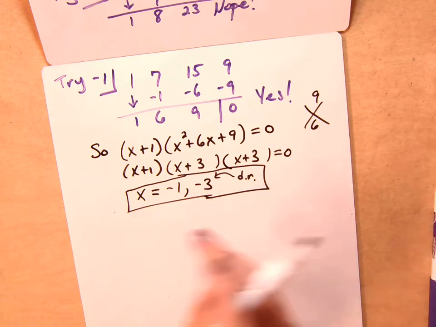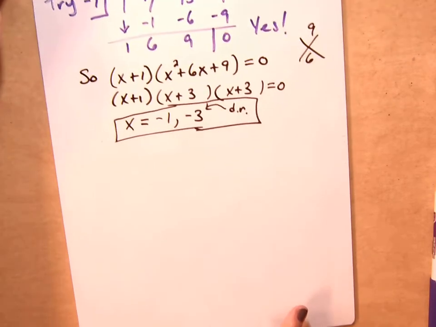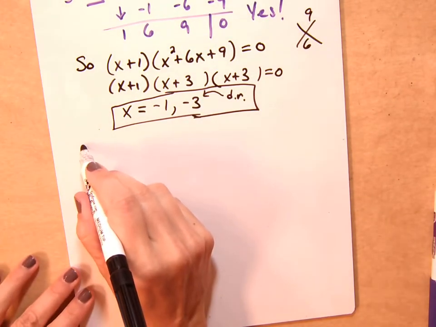Double root. Okay, so now I want to do one more example. Of course, because they aren't all this easy. I'm going to do a 5th degree, and where we even get some imaginary solutions. Okay, they don't get much harder than this, but they do take a little bit of time at first. So let's try,